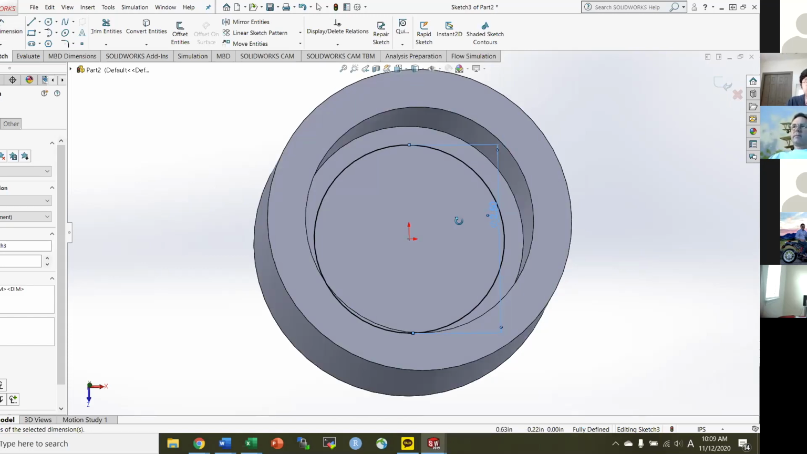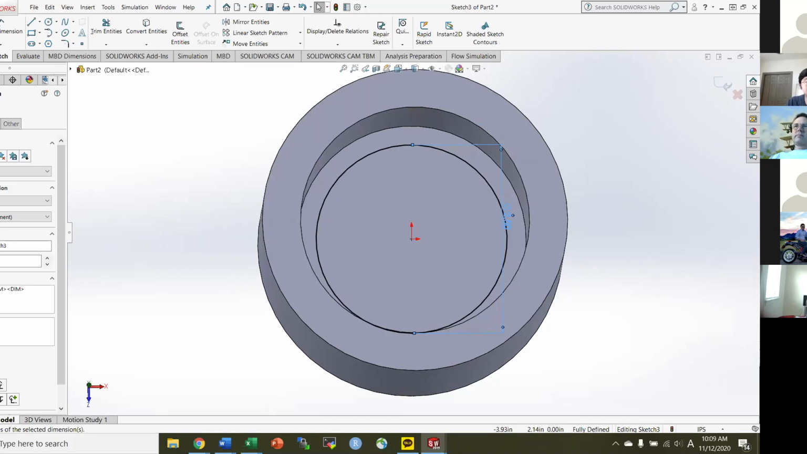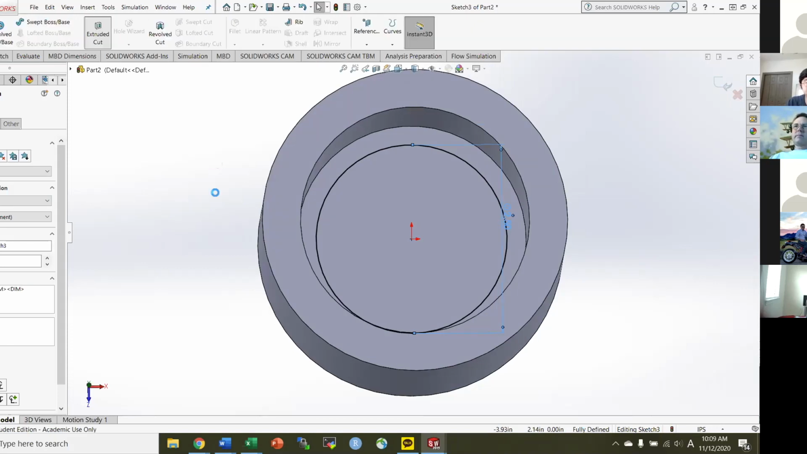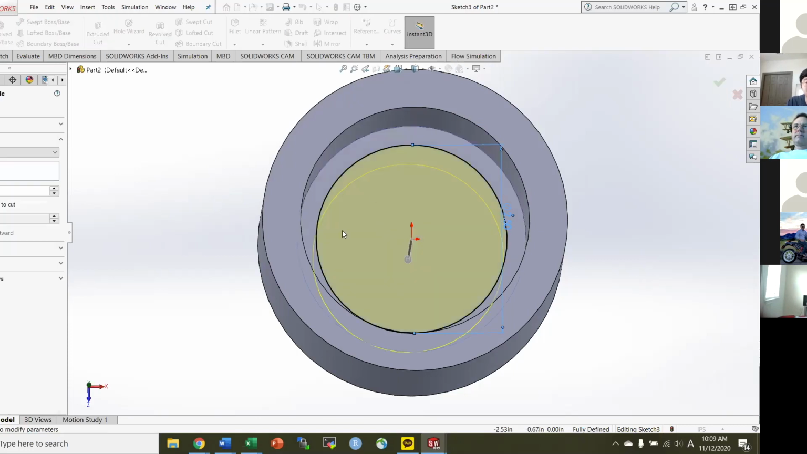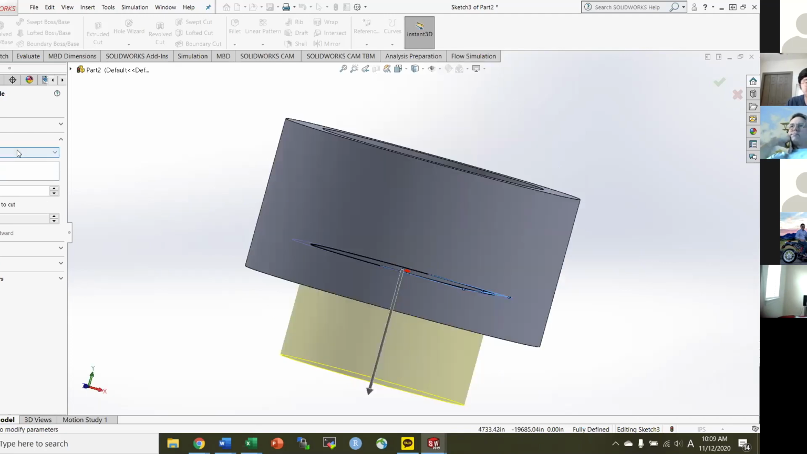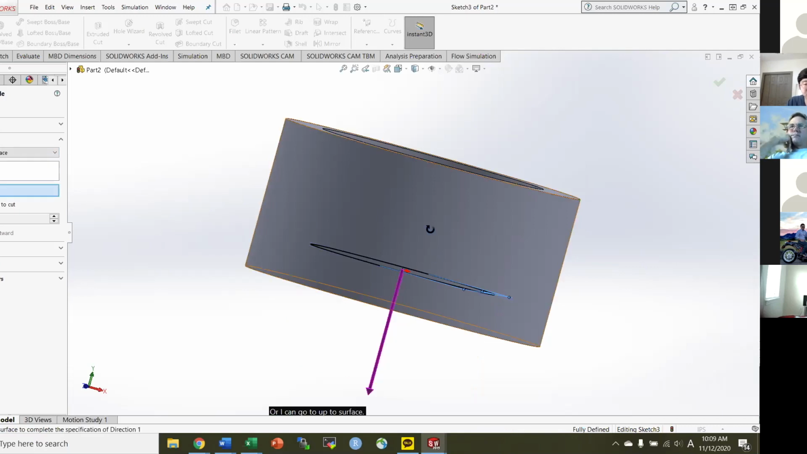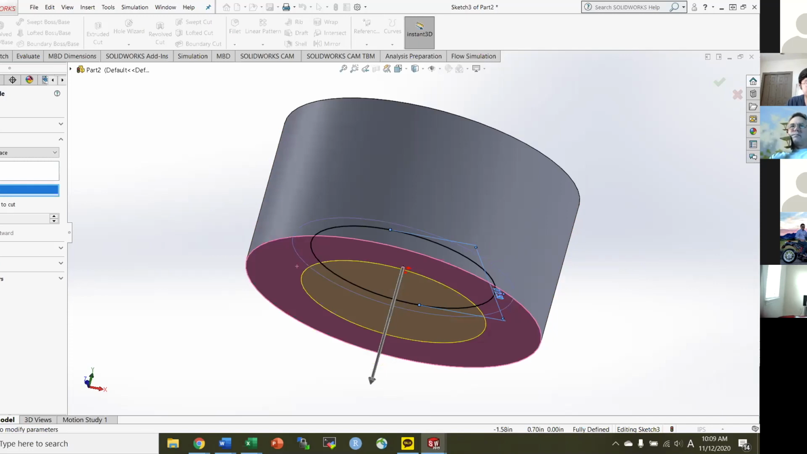Then I'll exit Smart Dimension, go to Features again, and go to Extruded Cut. Now I have two different options. I can either click on blind and set it to be 0.5 inches, or I can go to up to surface, and then click on the bottom surface here in the face plane option, and it'll automatically set the circle to extrude cut until this surface. It won't go below it. So if I click OK,